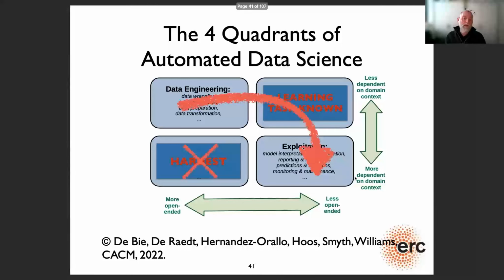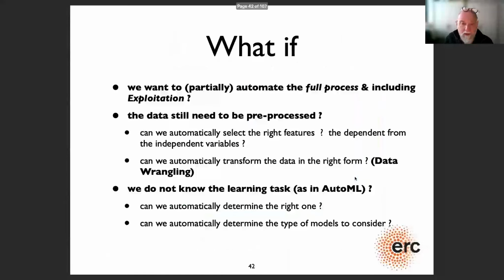So what we've done in my ERC project is we exclude the hardest part, and we try to combine the data engineering, the model building, and the exploitation together. So we want to partially automate this full process, and we do assume that the data still needs to be pre-processed. It's not yet in the right form.